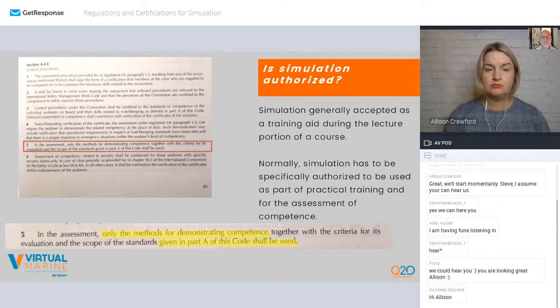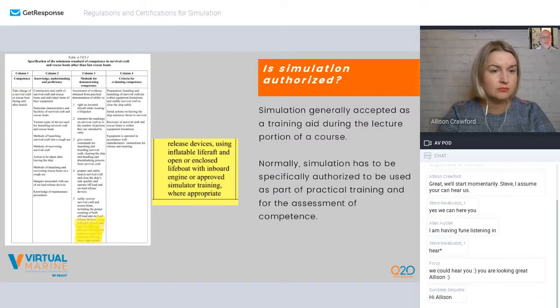So you're not allowed to, let's say if you have a competence that you want to assess using a simulator, and the table does not allow it, it doesn't specifically say you can use a simulator, then in general, it's not allowed. Now there's an exception to that, and I'll get to that exception in a moment. So I'll give you, for example, some of you may not have seen the competence tables in STCW. There's the one for lifeboats. It's got 4 columns. The first column is the competence that has to be achieved. The second column is the knowledge, understanding, and proficiency that you have to be able to demonstrate in order to say that you've achieved that competence.